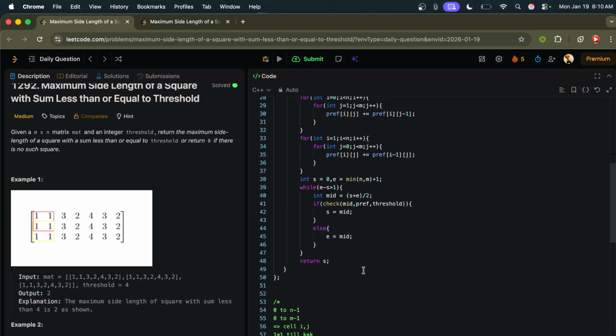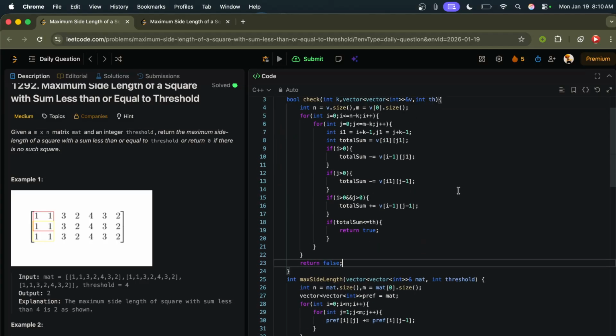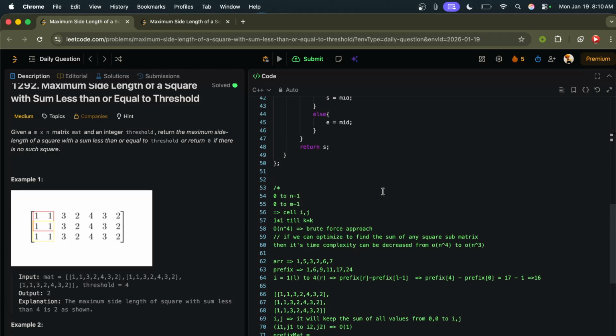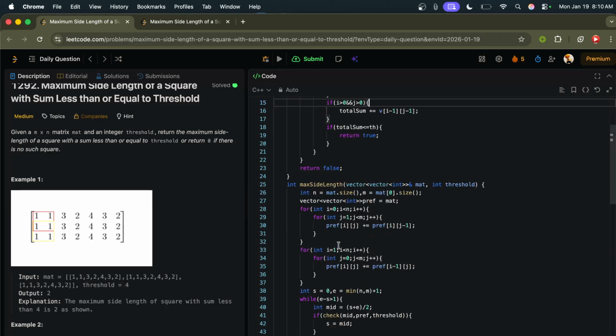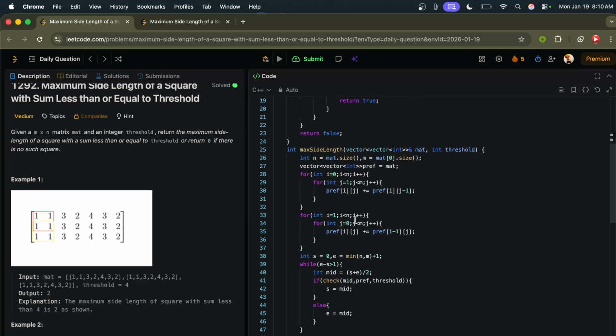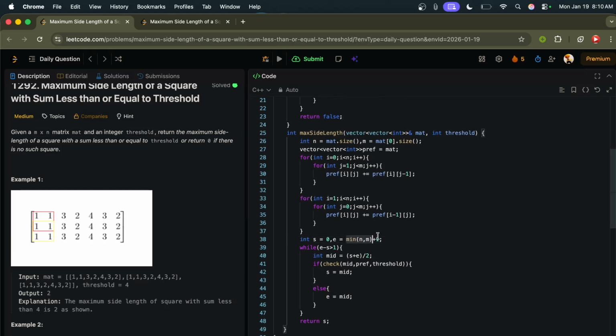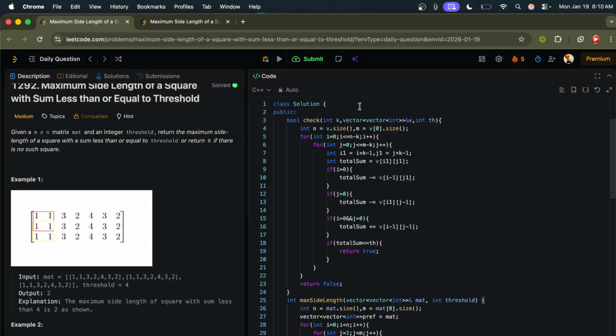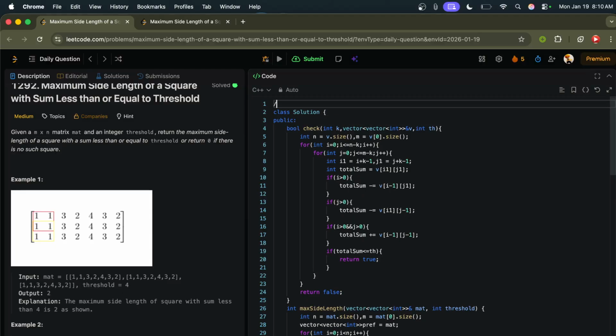So this will just take O of n, sorry, in log n square, or basically we can say in minimum of n comma m, because we are taking minimum here. So this will take time complexity of O of minimum of m comma n into m into n. So this is the most efficient